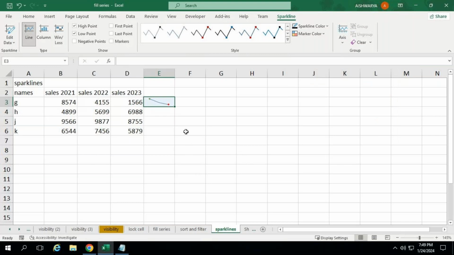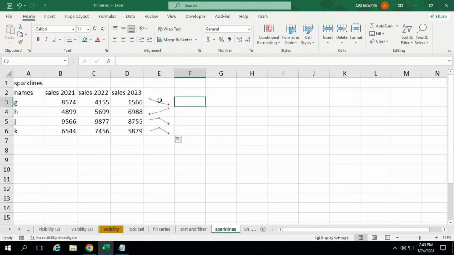Okay, so now I'll just click on the corner. Then we will auto fill. Now, can you see all the sparklines have been applied? Ma'am, can you repeat what happened? So this indicates the sales which occurred in 2021,